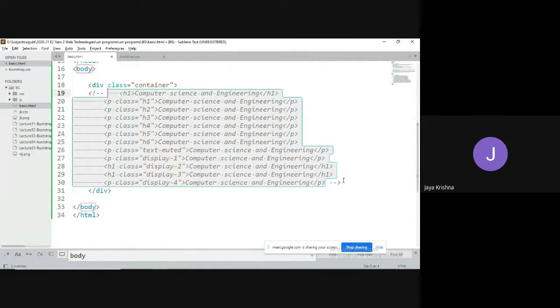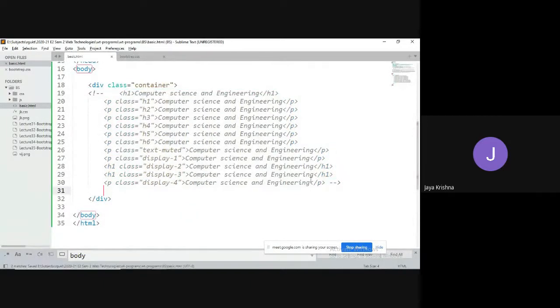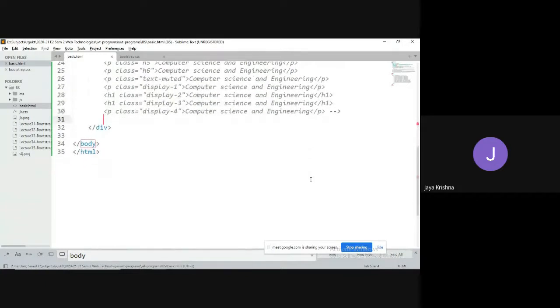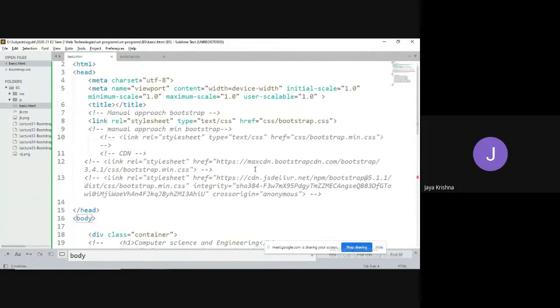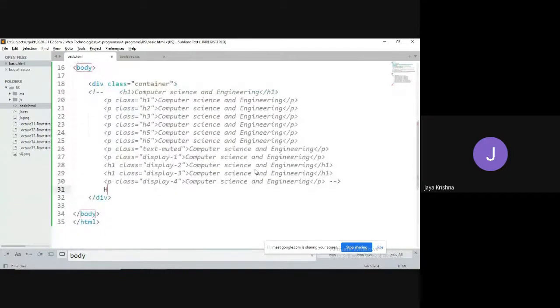I'm going to make it a comment. Similarly, we have various kinds of inline text elements, which we already know. For example, hi, hello, welcome to RGKT Srikakulam.